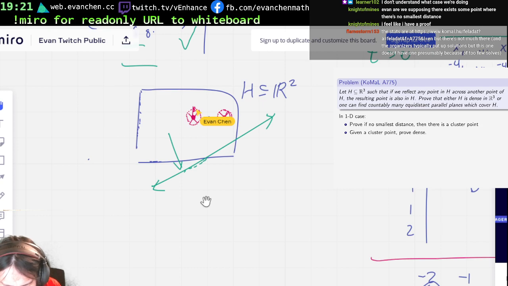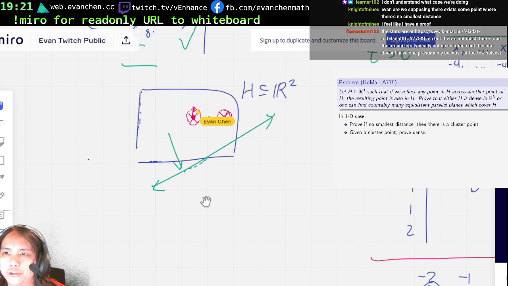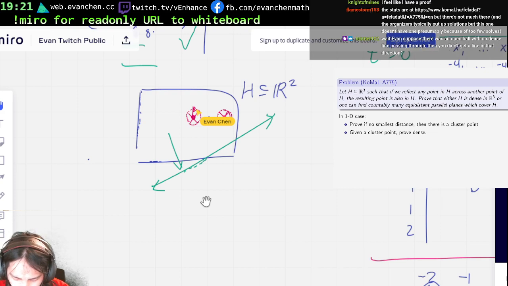Crap, the vectors are so crappy. Wait, somehow we carry this through. You have a red point, and a collection of blue points dense in every direction, and I can reflect a red point to a blue point, then I need to prove that the red points are dense. I think this is equivalent to the problem. So, starting from red, I can get a red point,